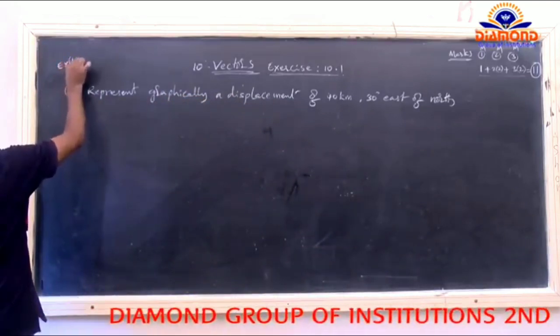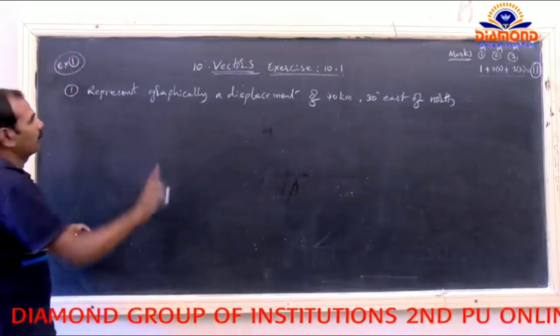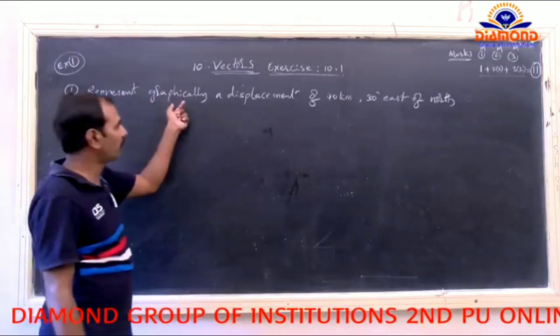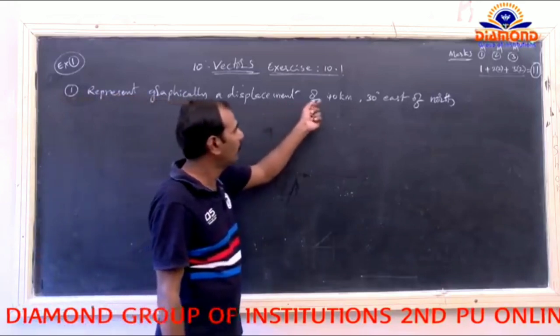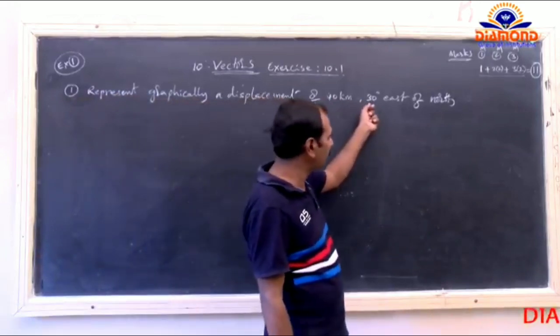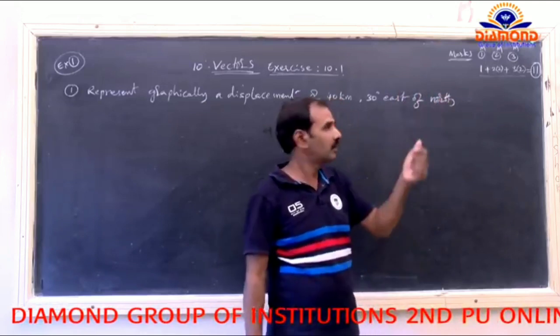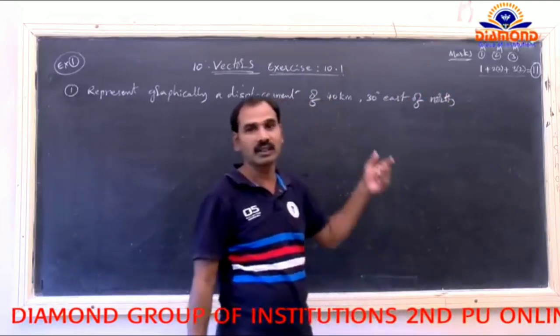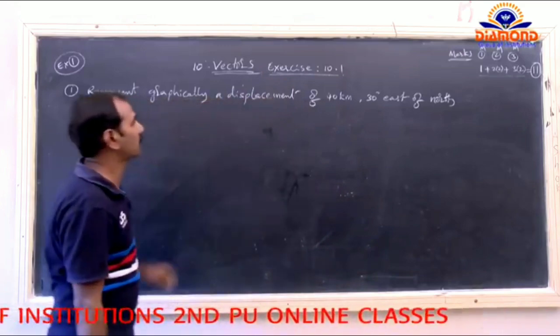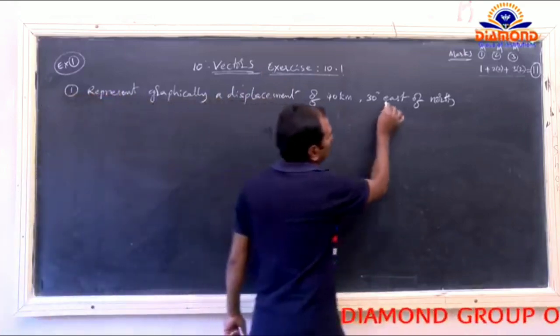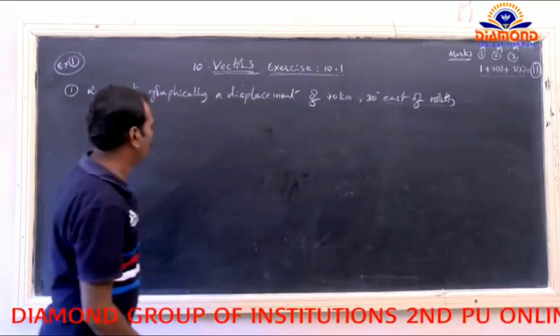Example problem number 1. Represent graphically a displacement of 40 kilometers 30 degrees west of south. That is the first example. So this question, east of north. So simple. First you take